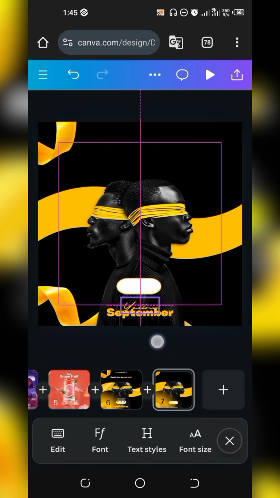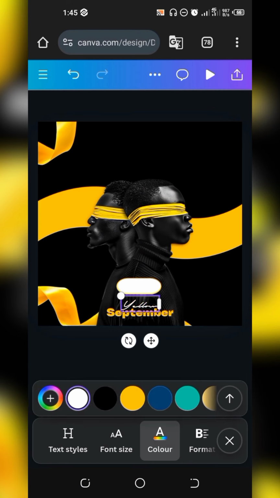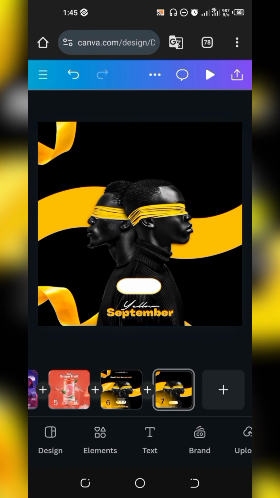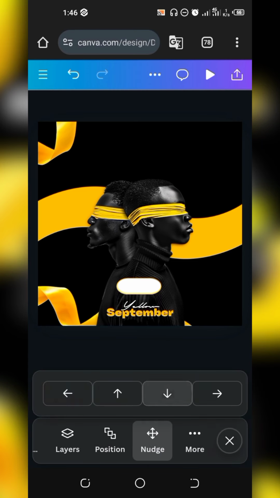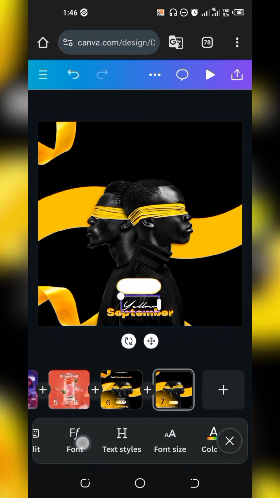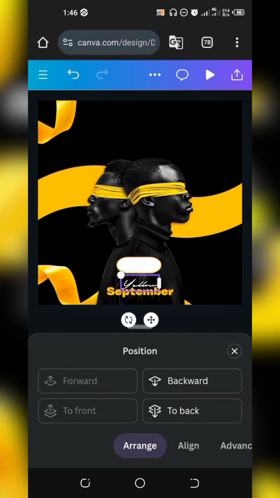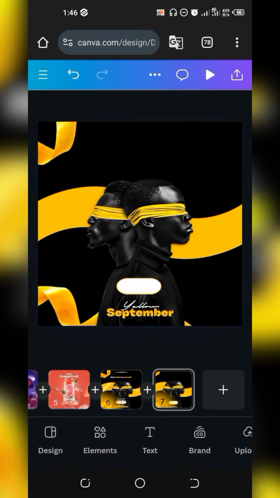Then drop this here, then go to your color and change it to white so that it has the contrast between it and the September under. So just take this down a bit and leave it quite where it is right now. You can go over to your position to still check as well. Yeah, it's at the center. Okay, so we are progressing.